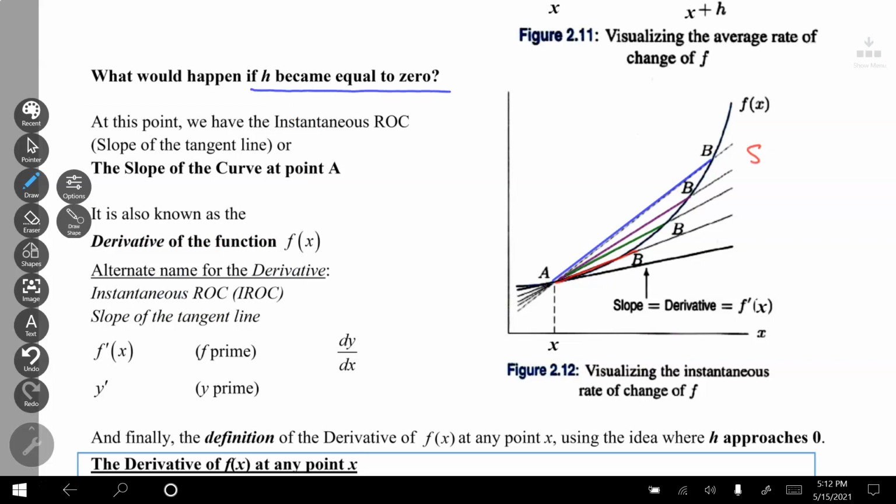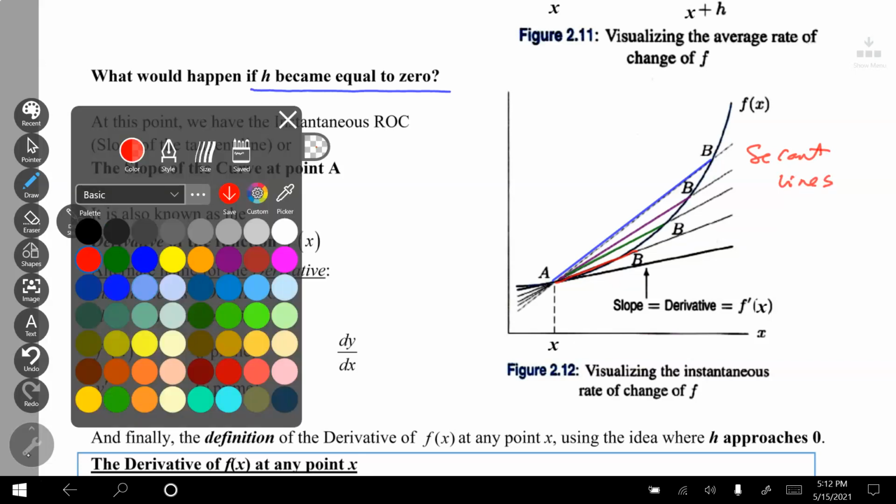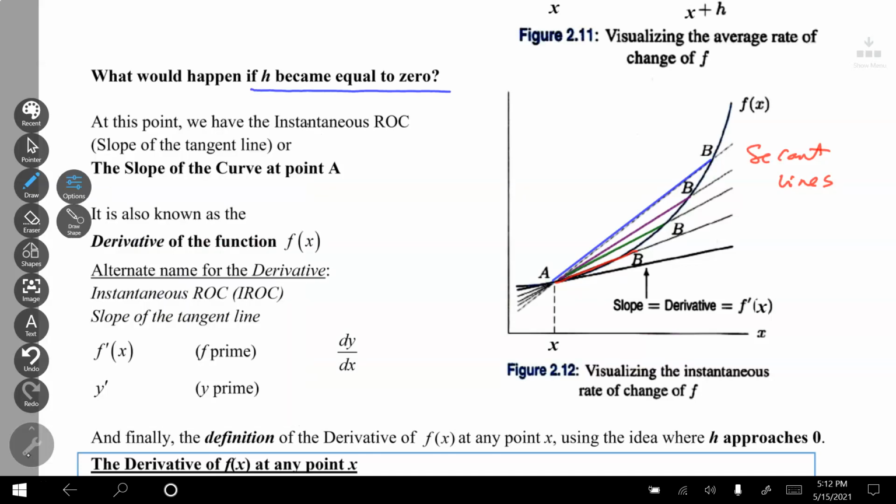All these guys are secant lines. But finally, when A gets on top of B, at the very end here, this last line right here, I'm going to do pink, this is a tangent line,